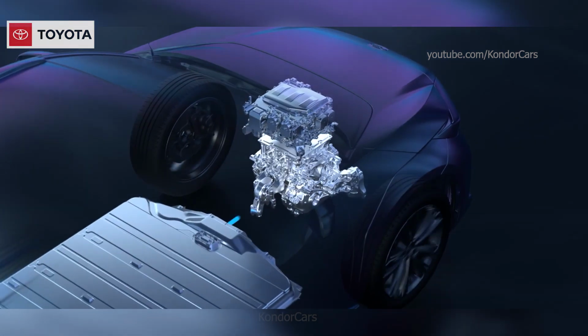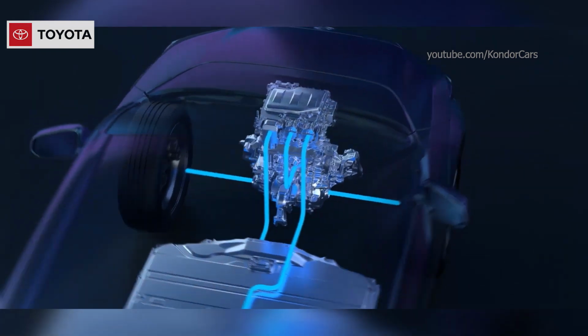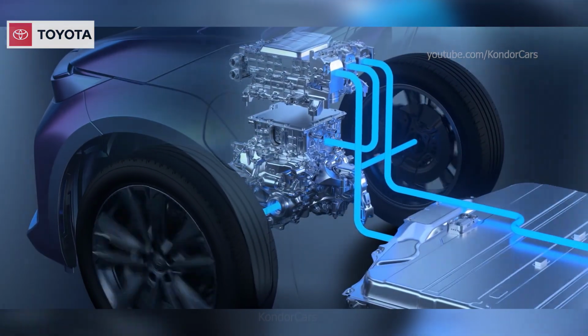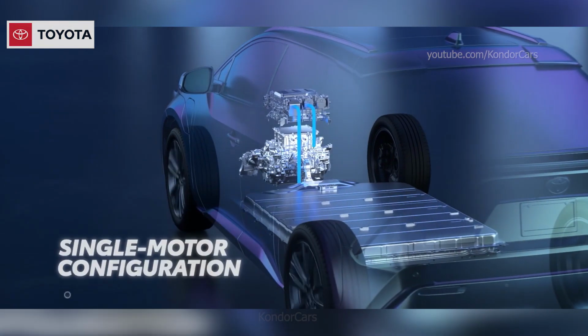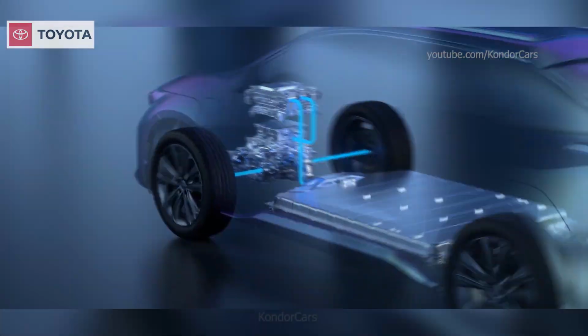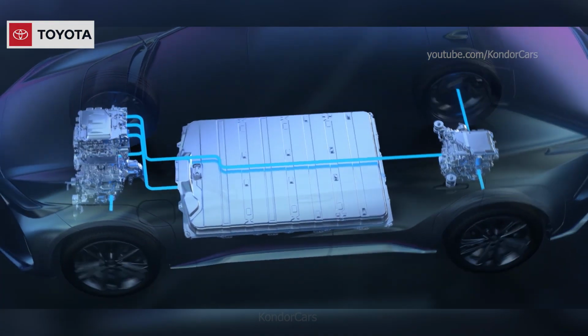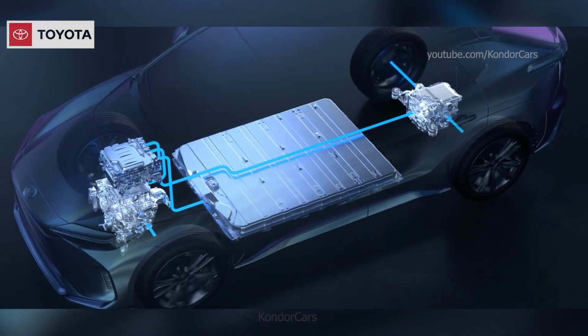Unlike hybrids, battery electric powertrains use motor generators exclusively for motivation. Since there is no internal combustion engine or fuel cell stack, motor generators are the only source of motivation. In two-wheel drive vehicles, one motor generator powers the front wheels, while all-wheel drive models use 2 of them, one mounted on each axle. This means that each electric motor powers the front and rear independently, allowing for improved power